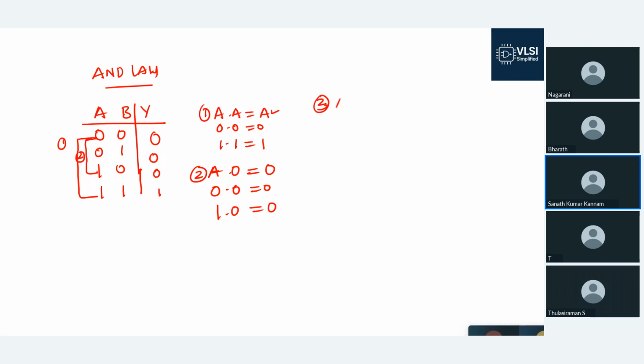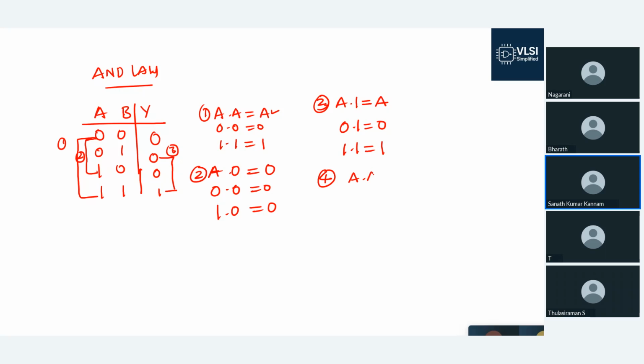Third one is A and 1 equal to A. From the truth table, if you see, A is 0 with 1 and this one, A is 1 with 1. This is the third one. So A is 0 with 1, this is equal to 0. A is 1 with 1, this is 1. And the fourth one, if you see,